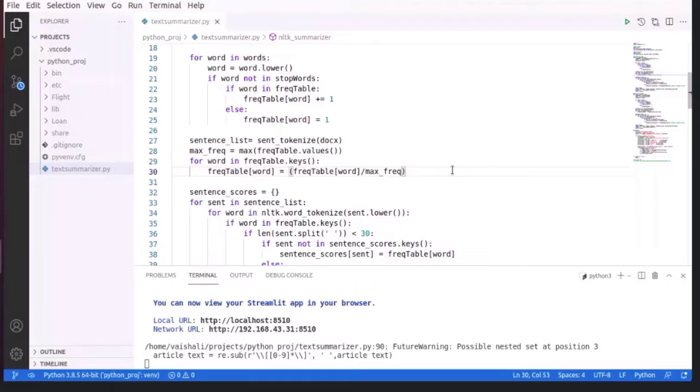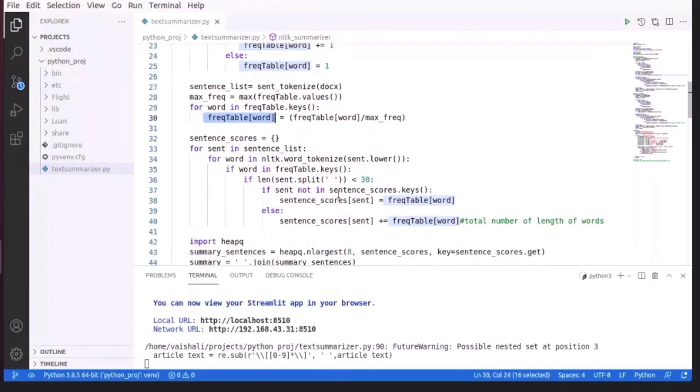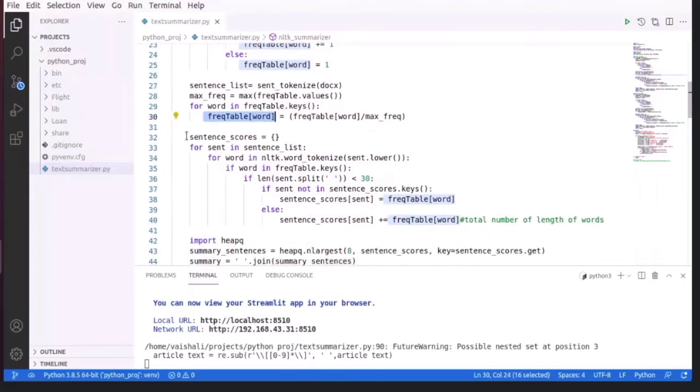Yes, to calculate the weighted frequency, first we need the frequency of the most occurring word, which is stored in the max_freq variable. Then we divide the frequency of each word by the max frequency obtained to get the weighted frequency of each word. Now, to calculate the sentence score, we have created sentence_scores as an empty dictionary. The keys of this dictionary are the sentences. Then, using the for loop, we go through each sentence